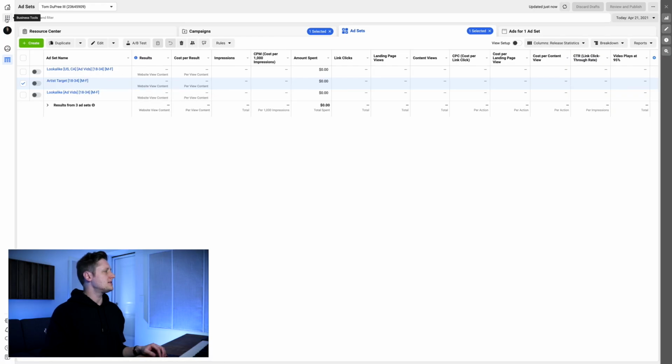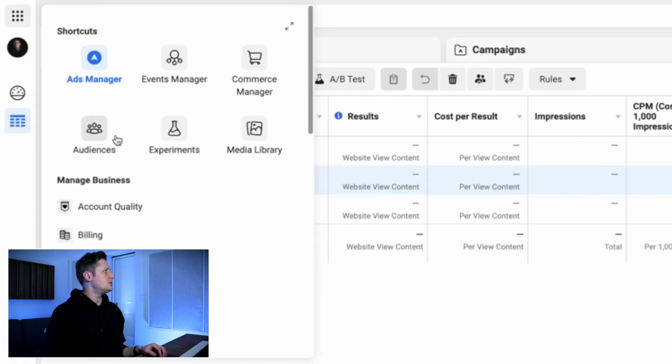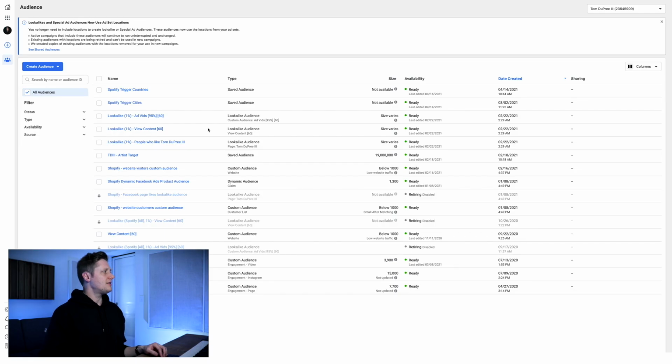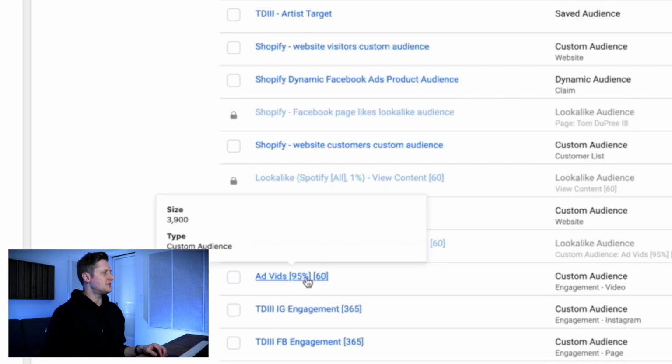So if we go to the 9 dots in the top left here, we're going to go to audiences. And this is where we can create a couple of custom audiences. I like to use 2. So I have 2 different custom audiences that I use. The first one is this AdVids 95% 60. And what this is, this is people who have viewed 95% of my video ad that I'm running in the